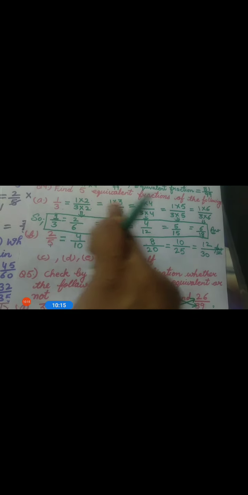So first of all in the numerator we will write the table of 2. 2 2s are 4, 2 3s are 6, 8, 10 and 12. The table of 5 in the denominator: 5, 10, 15, 20, 25, 30. And this is our answer. If you want to skip this step, you can do it. Now C, D and E part you will be doing by yourself.